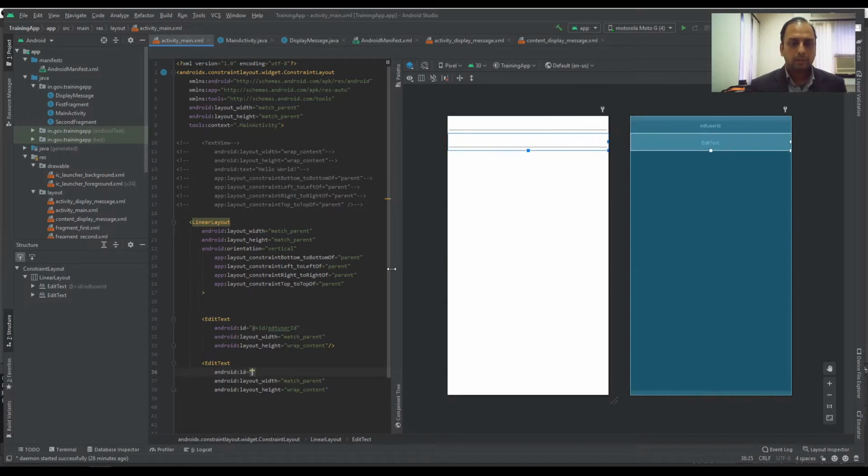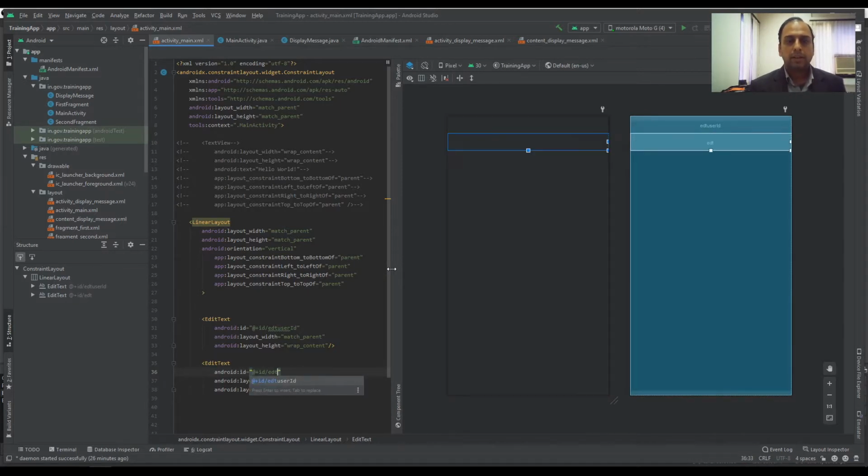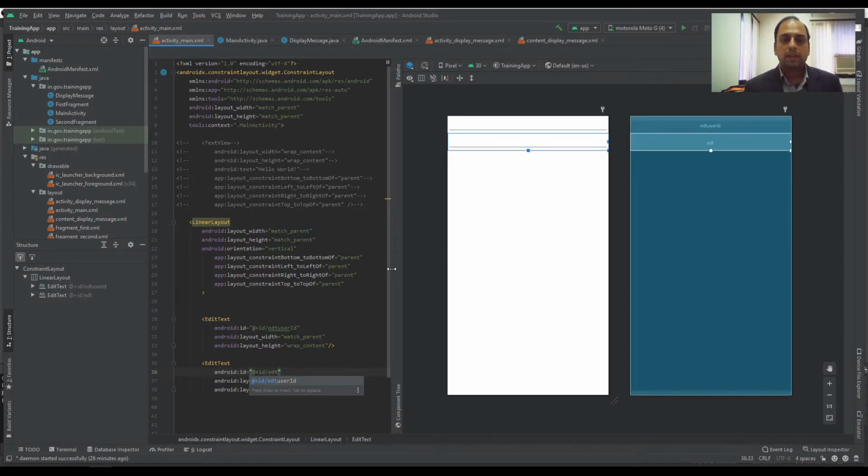Here the ID will be different. Edt is for our understanding. Edt is not required, but it shows that this particular ID corresponds to an edit text. Similarly, for button you can write btn, for text you can write txt, and so on.